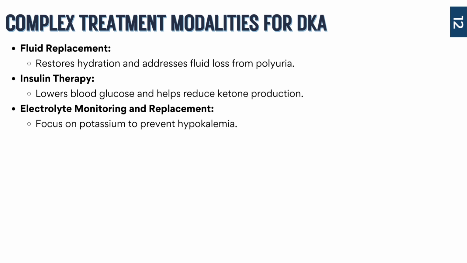The fluid type might be adjusted to actually include dextrose, because we'll get into it in a second, but as we're giving insulin, we might have a rebound and they might become hypoglycemic. So we might actually start adding a little D5W, like a little bit of glucose, to the IV solution because we need to be correcting the acidosis. We'll go over it in a second, but anyways, just know that that's normal. Initially, just normal saline, and then we might add just a little bit of sugar to the fluid so that we don't become hypoglycemic.